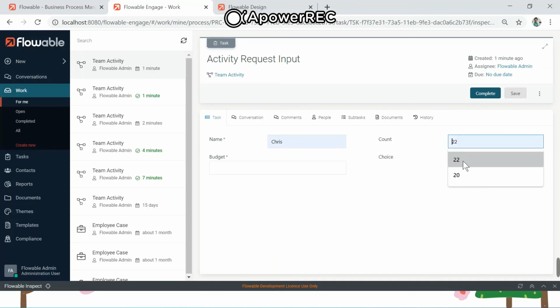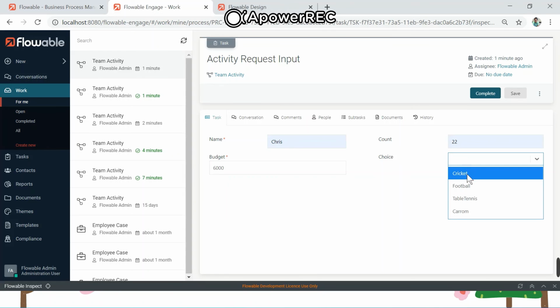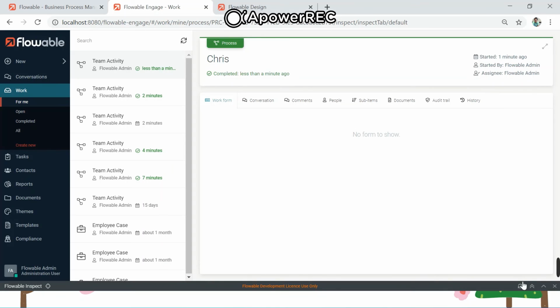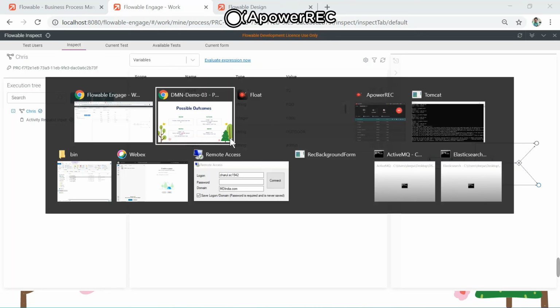So let's give the count 22. Budget, let's say 6000. Choice of game, cricket or football. We'll select football. Complete this. We'll see in the debugger. With the count 22, football and 6000, the decision is outdoor, which is matching the condition.